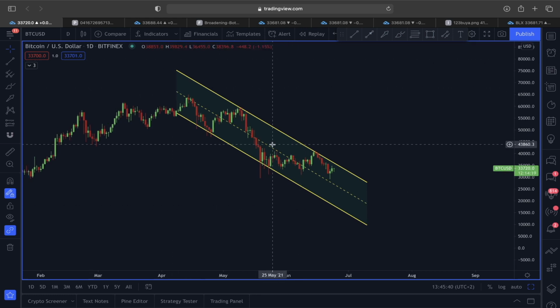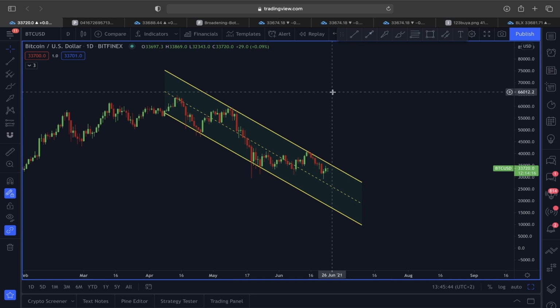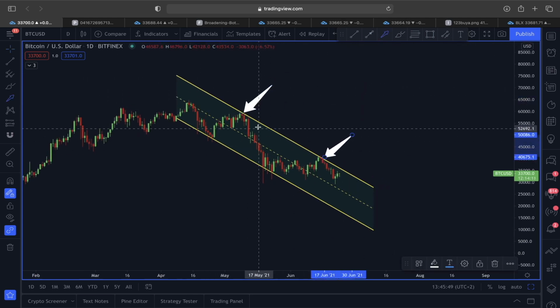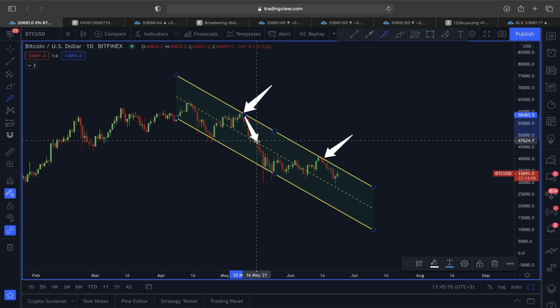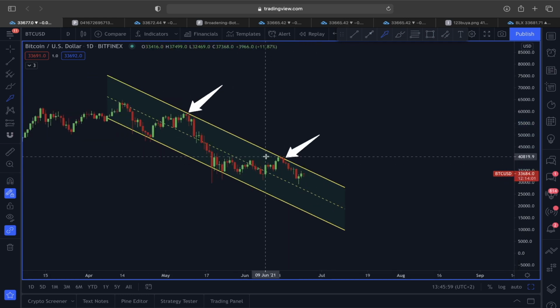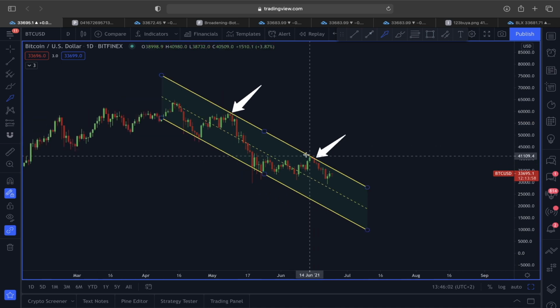So starting this analysis by looking at this in a daily time frame, you can see very clearly the price of Bitcoin here was following this descending channel, because every time when we had this price movement towards the upper line area of this descending channel, we got a strong rejection and saw this price pullback type of scenario. And also when the price of Bitcoin was approaching this 40 to 41,000, you can see this upper line again acted as a resistance and we saw this price pullback type of scenario.